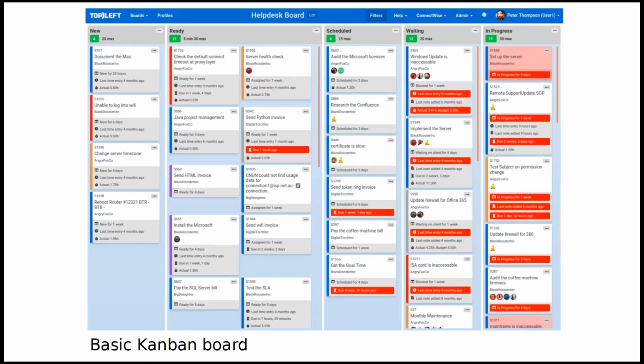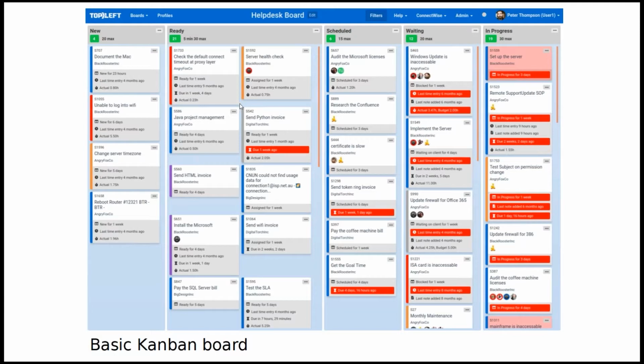This is an example of a Kanban board. All this data, all these tickets that you see here, are synced with ConnectWise or Autotask. All we need is some API account credentials. The columns here are mapped to the statuses of your tickets or project tasks. You can drag and drop to move them between the columns. So for example, an engineer might come to the ready column, see what's at the top, click and drag, and pull it over to in progress. Just drag and drop, super easy.